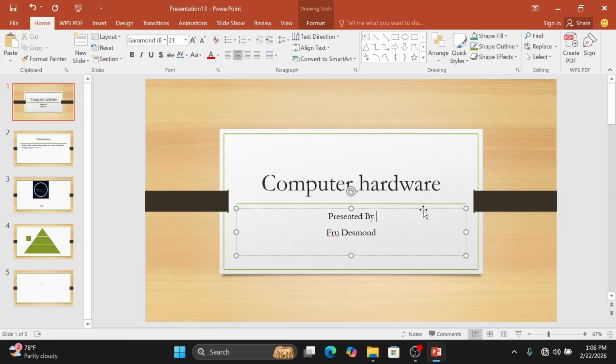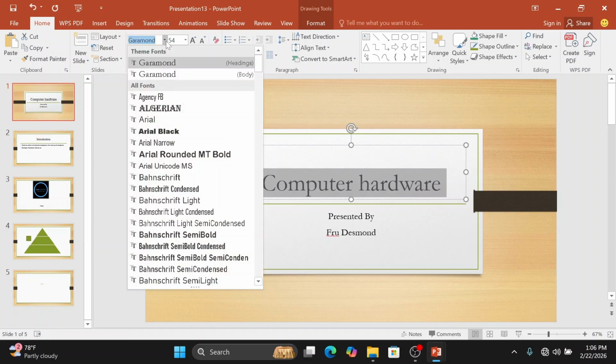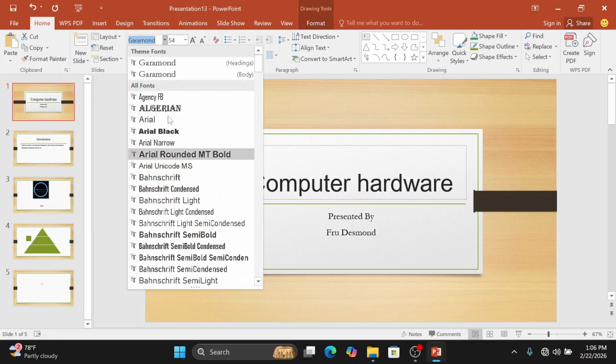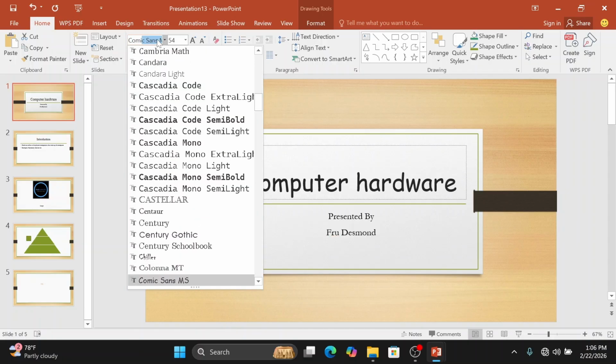Yes, we want to increase the font size or change the font type. Currently the font type is Garamond. We can change it to any one we like, maybe, let's just search. I always like to use Comic Sans Serif,